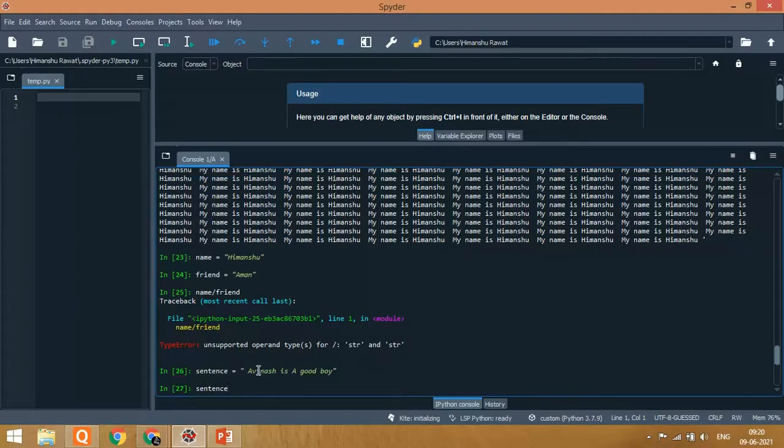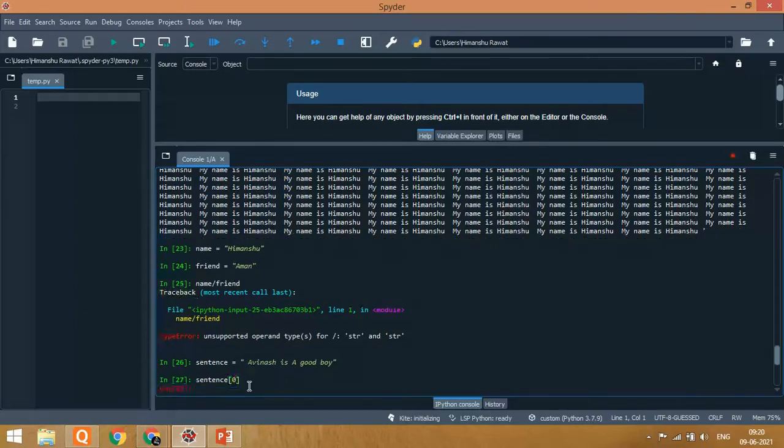square brackets. We have to put square brackets, and as you all know, the index starts from 0. In the same way, A will be counted as 0, V will be counted as 1. So suppose we want to get the letter A, we type 0 and then close the bracket.